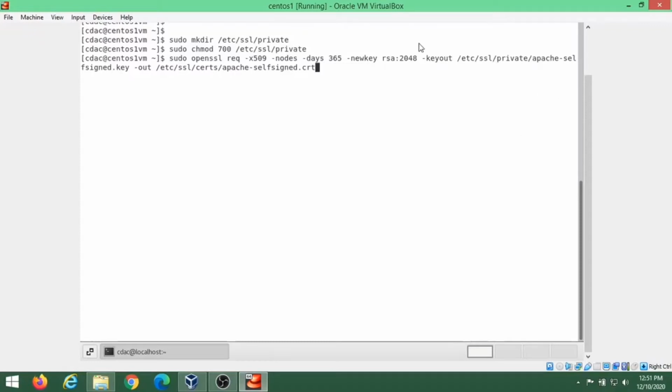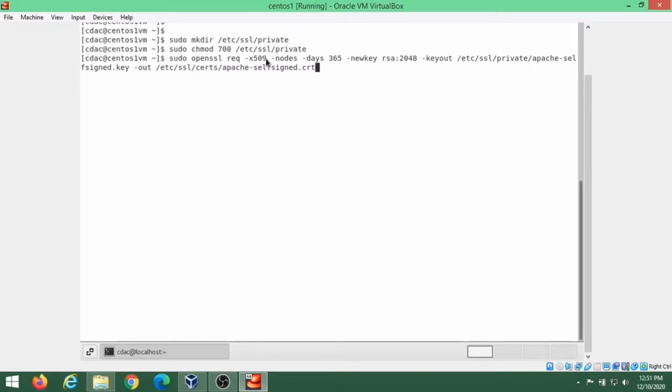Here are the fields. OpenSSL is the basic command line tool for creating and managing OpenSSL certificates, keys and other files. The field req -x509 specifies that we want to use X.509 certificate signing request management. X.509 is a public key infrastructure standard that SSL and TLS adhere to for key and certificate management.